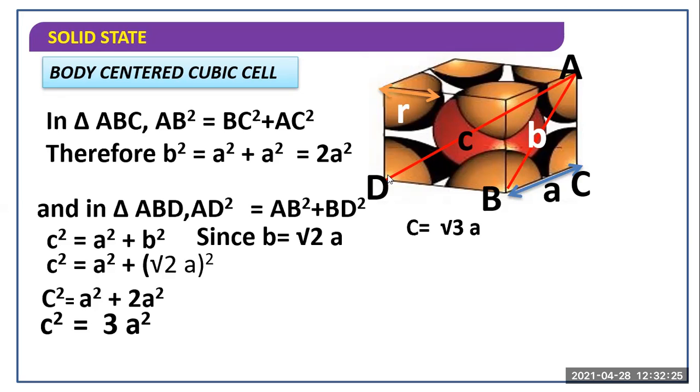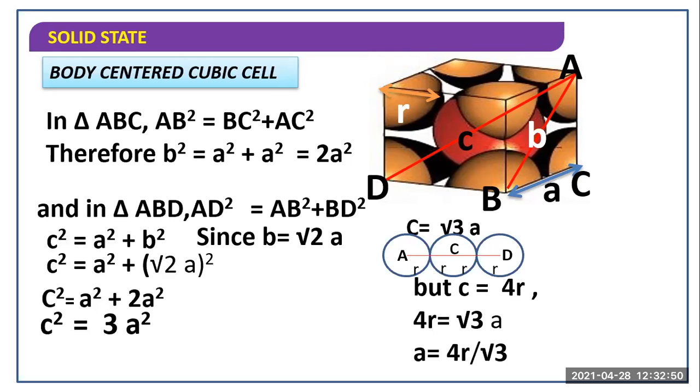Within this, there is one radius, another radius, another radius, another radius, so 4 radii are there. It is a full atom here, and this is only one radius, there is another radius. So 4R equals √3a. A to D has 4 radii. This is the body center atom, this is from a corner, this is from a corner. So this is the relation between A and R for body center cube.